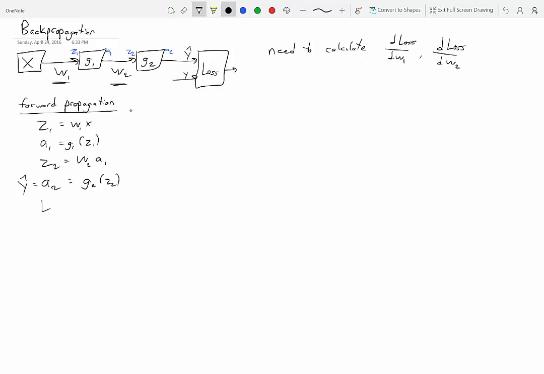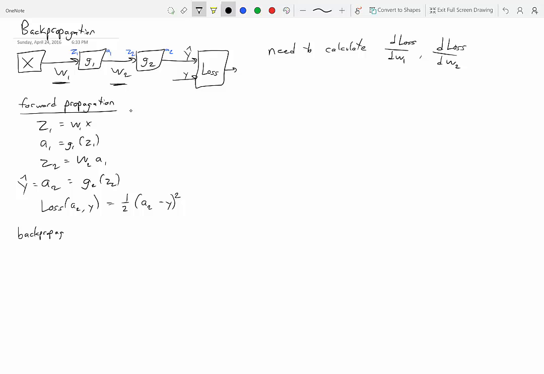And then our loss function is the loss of A2 comma y. I'm just choosing this as a design; there are other loss functions. So this is forward propagation. I would go through and find out what Z1, A1, Z2, and A2 are. Then we do backpropagation